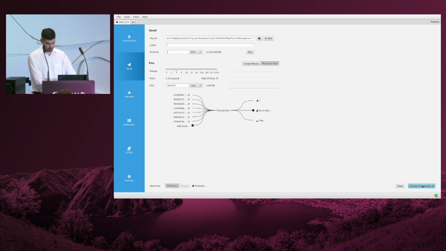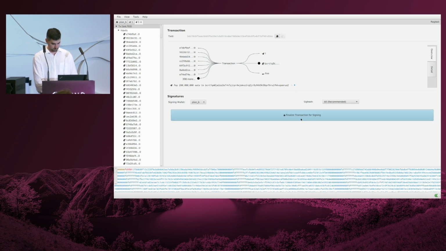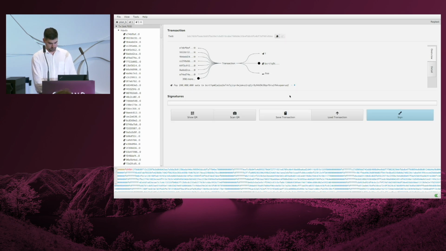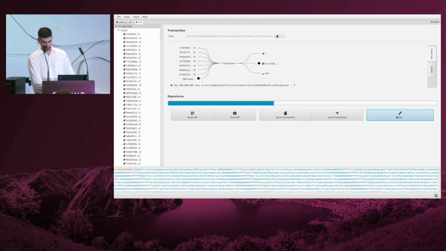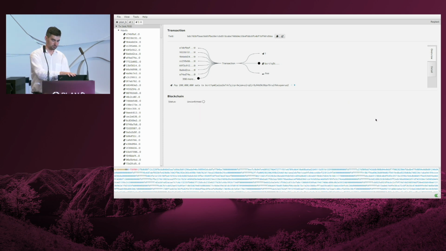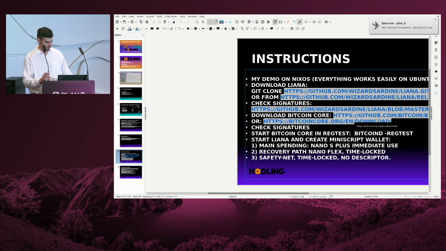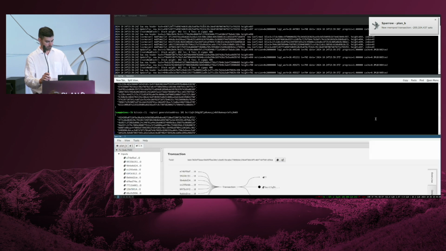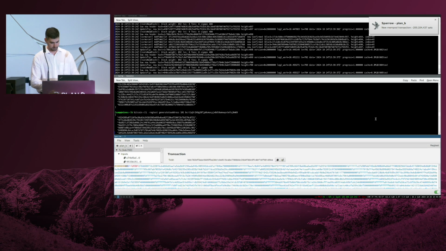Create transaction, and we are signing and broadcasting the regtest transaction here. Now, since I'm simulating the blockchain, I will have to go back to Bitcoin Core and simulate those blocks. And we are going to do that here.